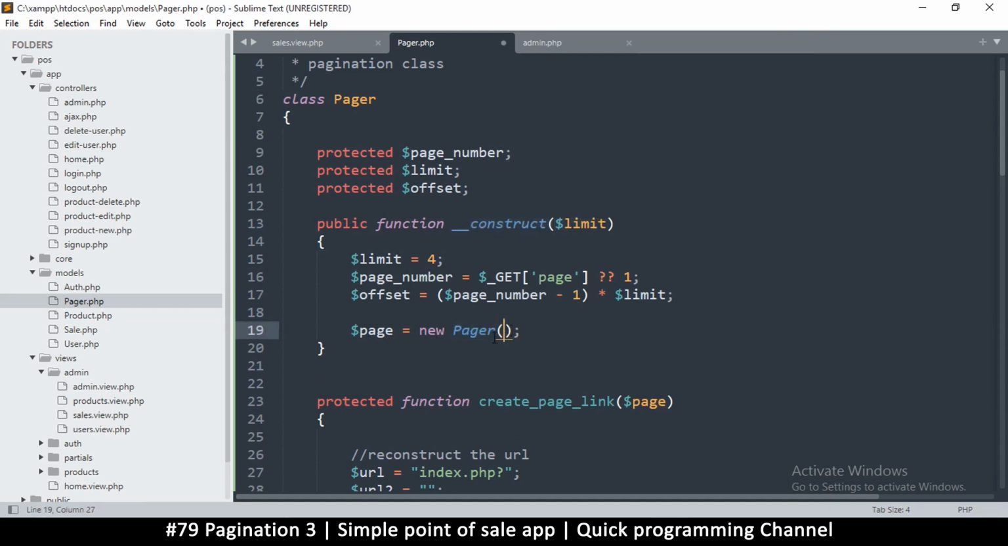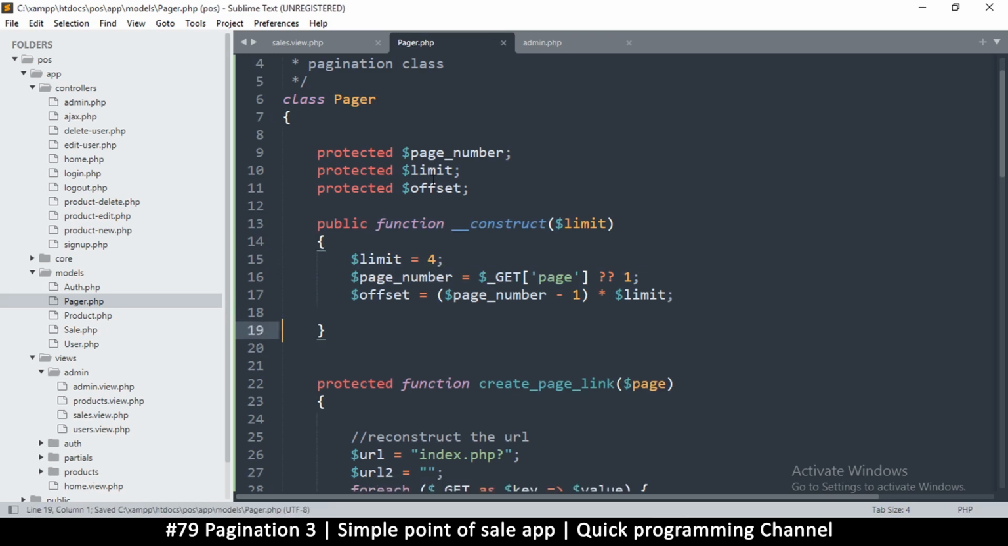So it means we're going to tell it what will be the limit for this pager. Maybe it will be 10 records per page. And then it's going to return the class itself. So this function is what returns the class. So we can't tell it to return a certain value or a specific value. So that's okay. But what we can do is create a public value for offset after we do the calculation. So here I'm going to start with